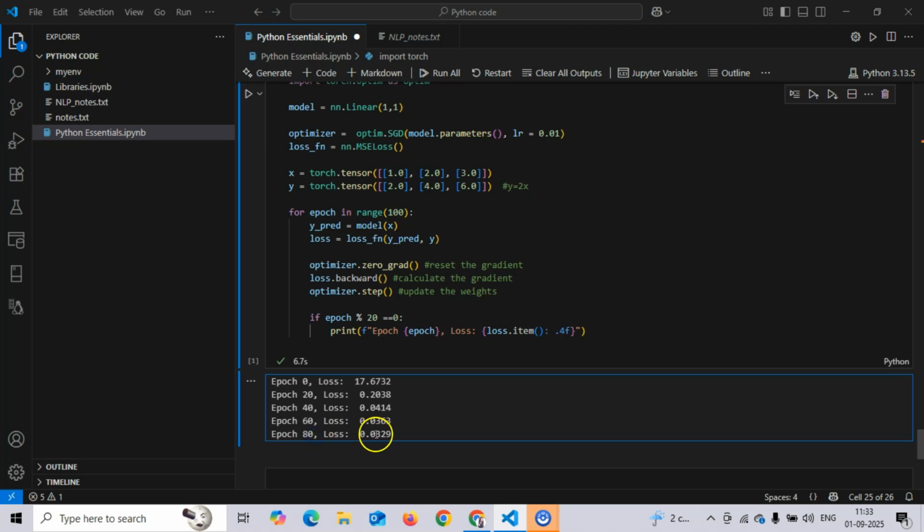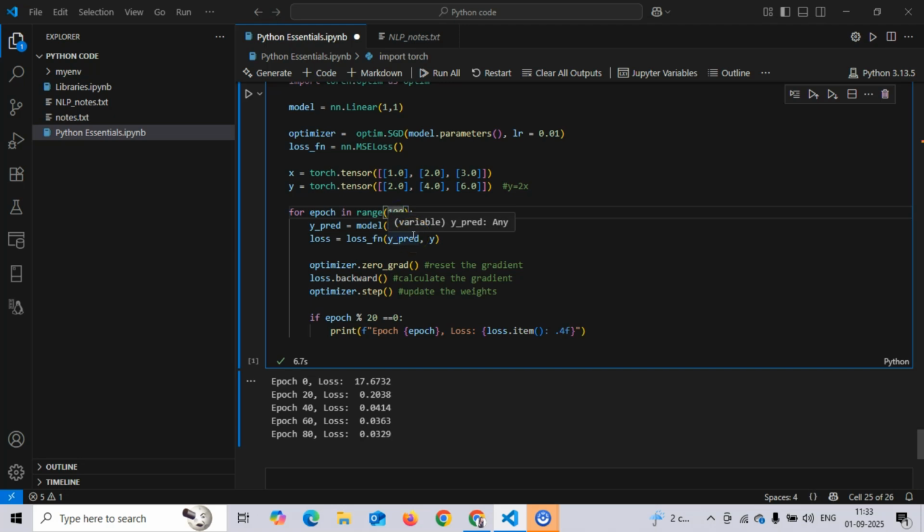And in the 18th epoch we made it to 0.0329. So if you look at the first loss and the last loss, there is a very huge difference between them. That is what our optimizer did. Our optimizer makes sure that the loss function is minimized as much as possible. So whenever you're creating a machine learning neural network model, we always make sure that we run the range.